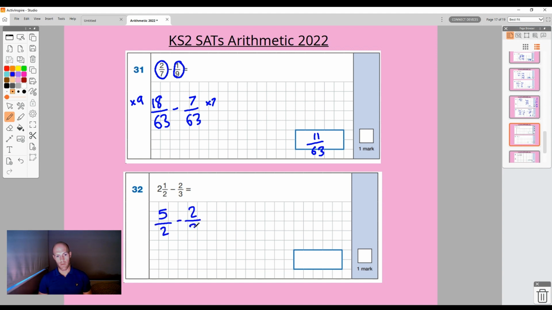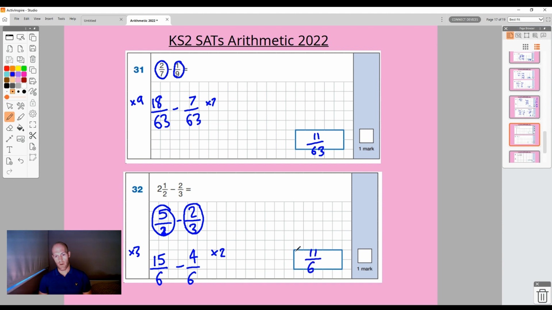Take away 2/3. Still can't do it because I've got halves here, thirds here. I'm going to convert them both to sixths. If I can't remember which number to do it to, multiply the denominators together because 6 is going to be in the 2 times table and the 3 times table if you multiply those together. 5 halves. 2 times 3 is 6. 5 times 3 is 15. 3 times 2 is 6. 2 times 2 is 4. Then we've got 15 sixths. Take away 4 sixths is 11